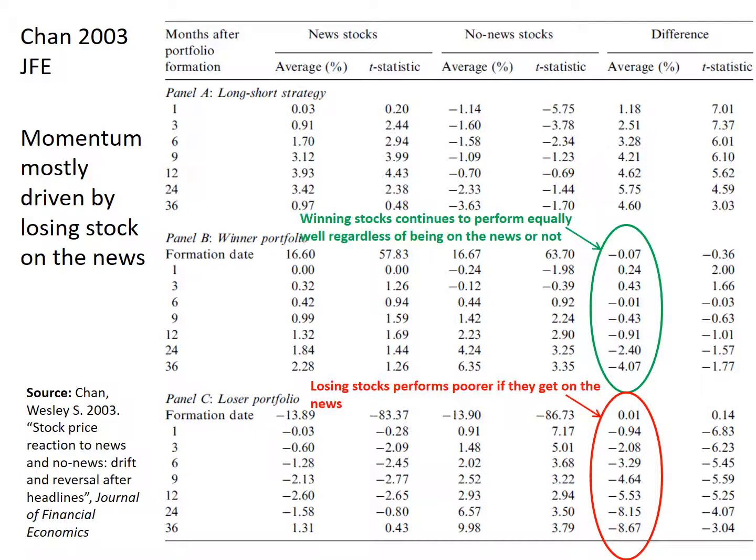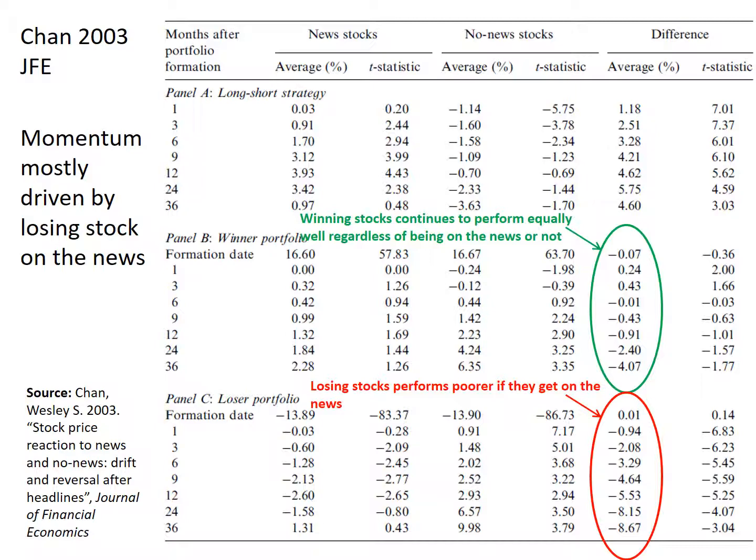So this is very interesting because it appears that if you're doing well, whether you're on the news does not matter. People know that you're doing well. But if you're doing poorly, then if you get on the news, it does a lot worse. How would you interpret this result? If a stock is doing well, it doesn't matter if they get on the news. They still do well. If the stock is doing badly, if they get on the news, they do a lot worse. In fact, especially if you look closely at the actual numbers,